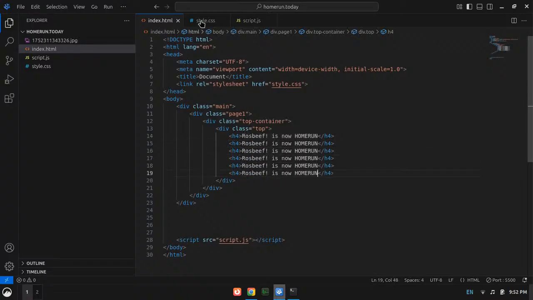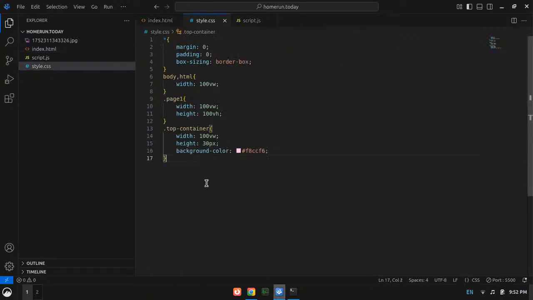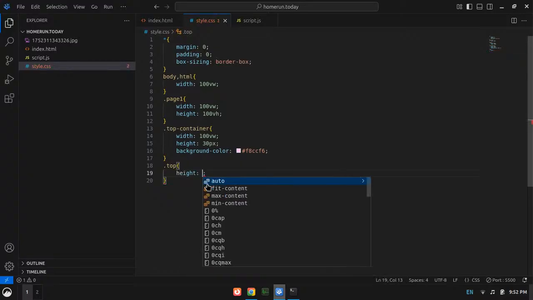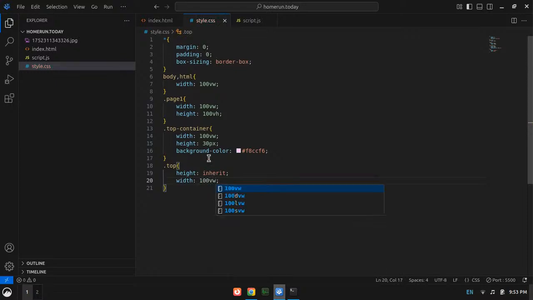And then I need the top height of inherit, and then a width of 100 VW, and this width will be gone. Then we need display flex.